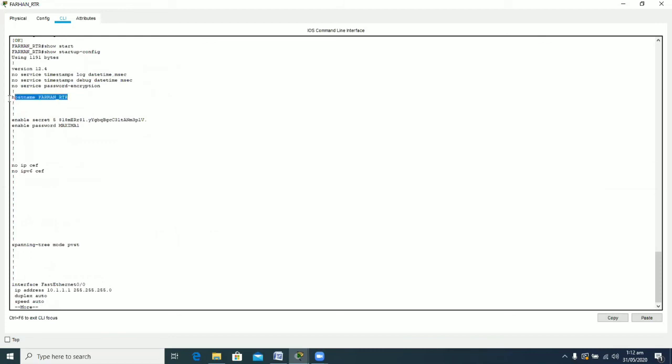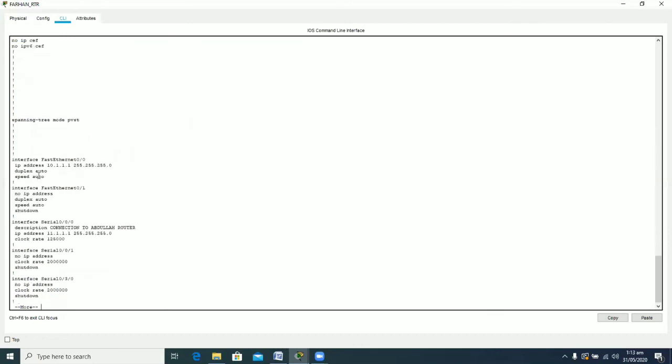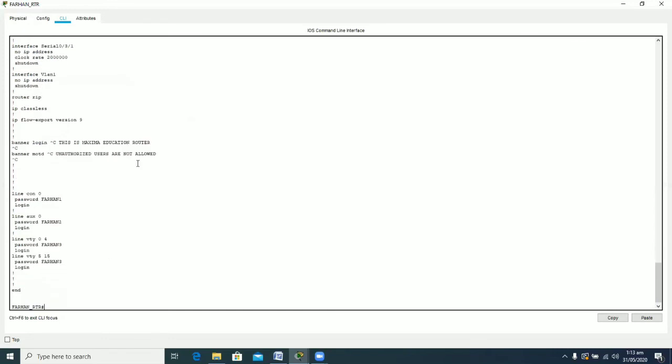This was the host name set, and here this is the very important feature. This was your enable password maxima 1, and this is your maxima 2. So you should be now clear that this secret password or the encrypted password is very powerful, because it is not clearly visible to you. And similarly, these were the configuration that you performed on your FastEthernet and the serial interfaces. These connections are present there, and these were your banners that you placed, and these were your line console, auxiliary and the line VTY configurations.